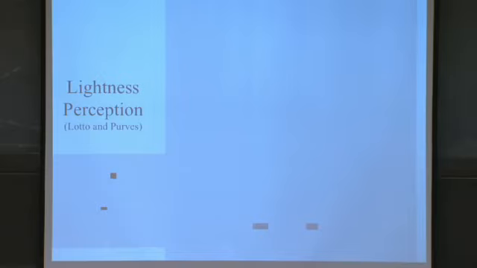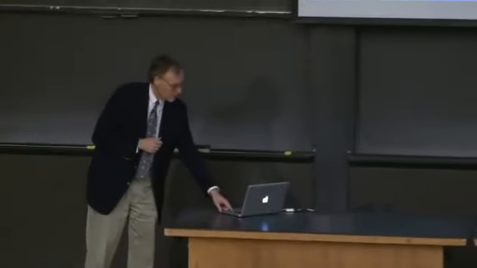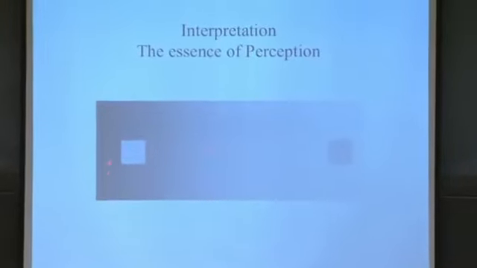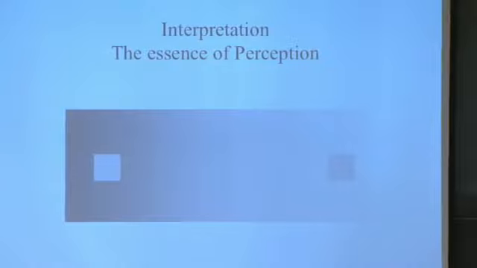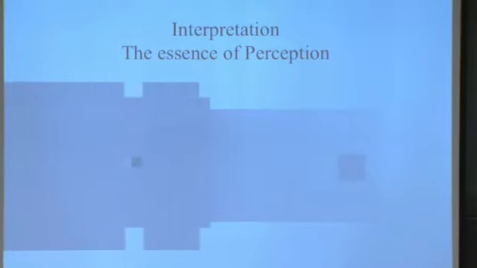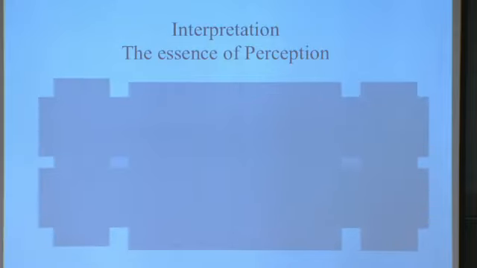Only these tricks of visual illusion make us realize that our inferences are occasionally wrong, but they're incredibly right almost all the time. So here's another example of taking local luminance into account. So you're deciding this is typically, people see this as a lighter gray and this is a darker gray. Again, they're using the contrast that surrounds it to make that interpretation. Because if we give it a constant background, you can see that in an objective sense, the two are identical.